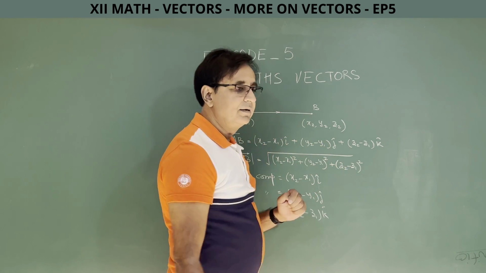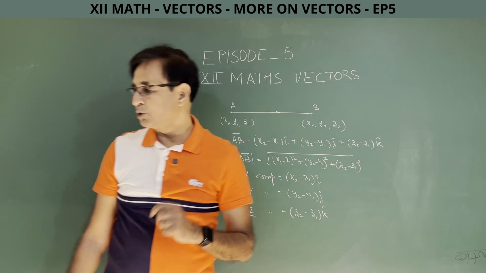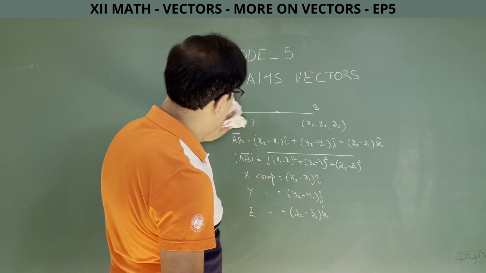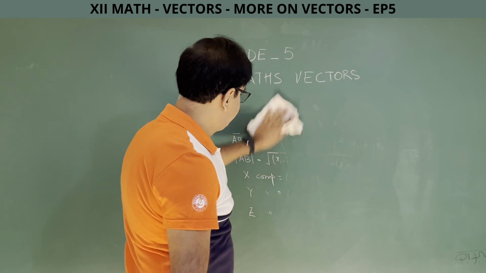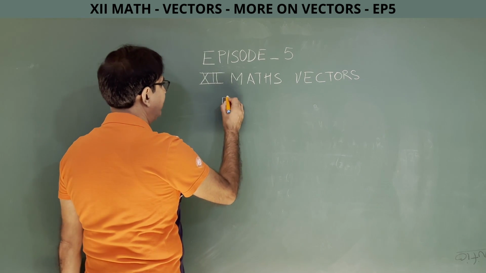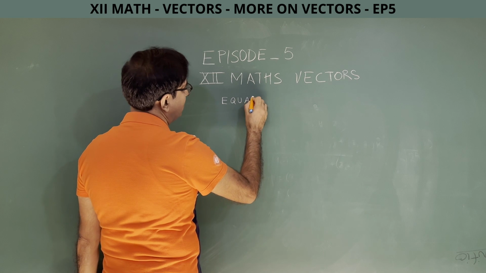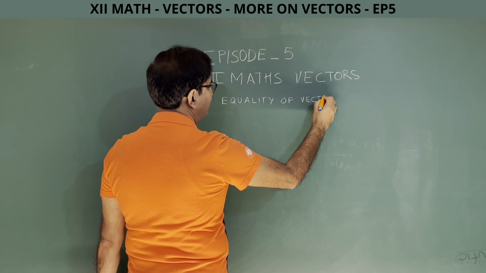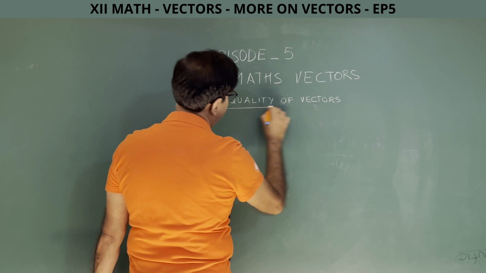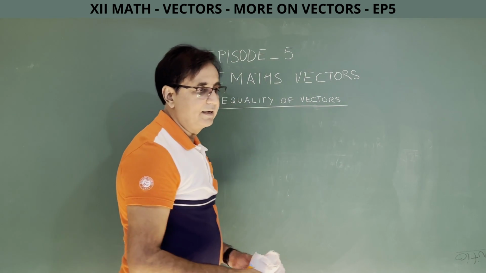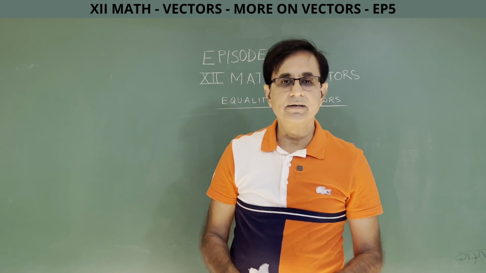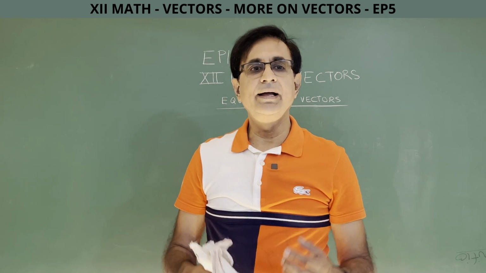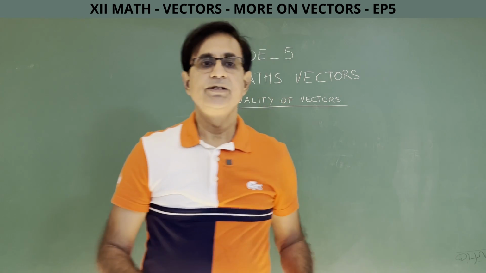Now the class starts, episode number 5 on vectors, carried forward from episode number 4. Now I will talk about equality of 2 vectors which are expressed in terms of i, j and k. See, in episode number 1, we have discussed what you mean by 2 vectors being equal. 2 vectors are said to be equal when they have the same magnitude and they have the same direction. Similarly here,